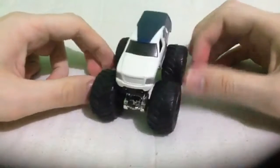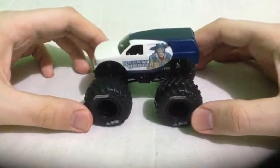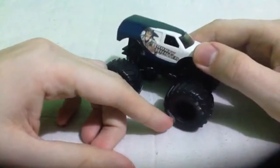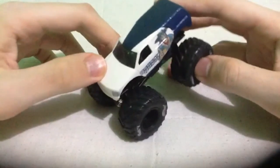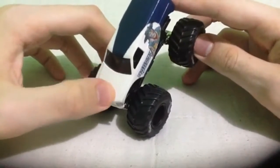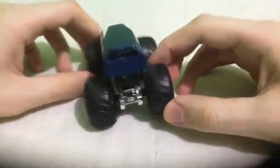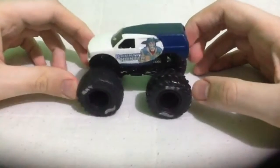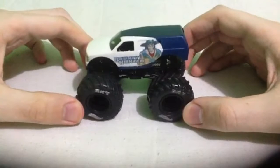Now, I was planning to use the yellow and black Bounty Hunter as a template, which I kind of did on that decal there, but it didn't have the wanted poster on the hood. The yellow one, as you probably know, has the wanted poster on the hood. I think even the tailgate has something. I'm not 100% sure, but as far as I know,